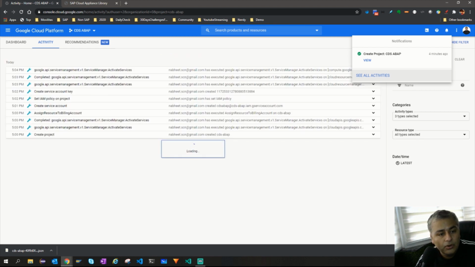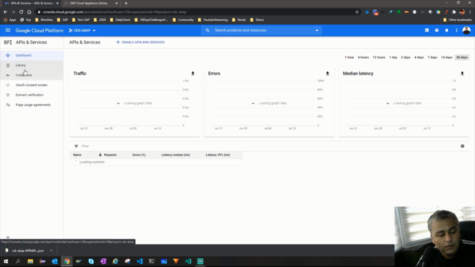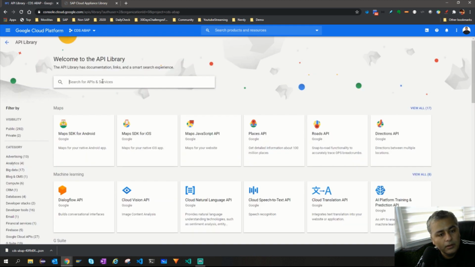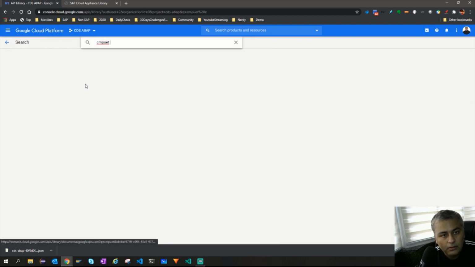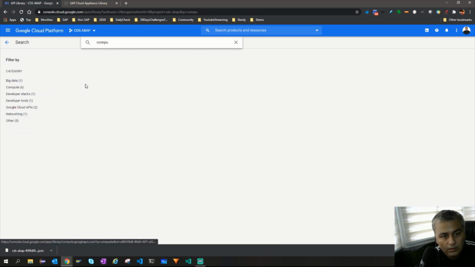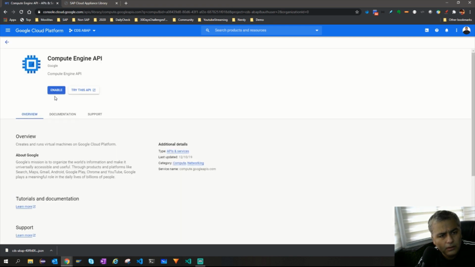Let me go back to API services, dashboard, and library, and check again whether Compute Engine is done or not, because we need both of them to be enabled. I think this is already enabled. No, why?